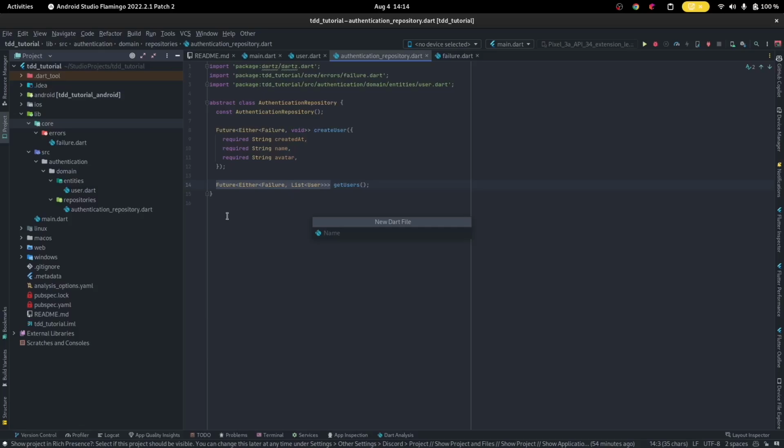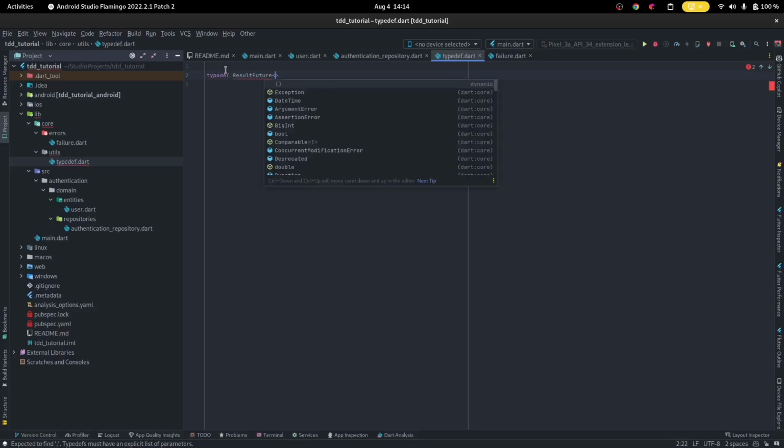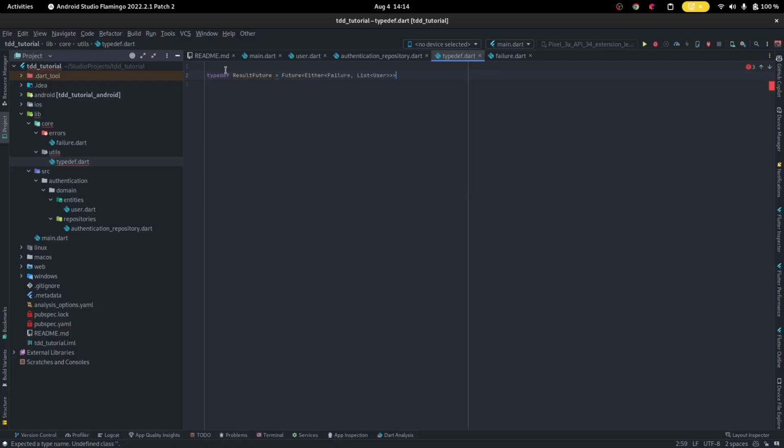In order to get that to work, we will extract this into a separate new Dart file. In the core folder, we create utils. Inside of utils, we can have typedefs. Typedefs are a way to create one short generic name for a type. We can create a typedef by saying typedef, and we write the name of the type. In this case, we can use ResultFuture. Whenever someone says ResultFuture, we want to know that they're talking about this, a Future Either Failure,